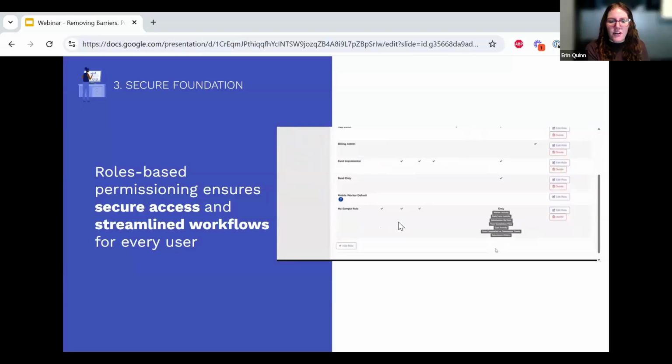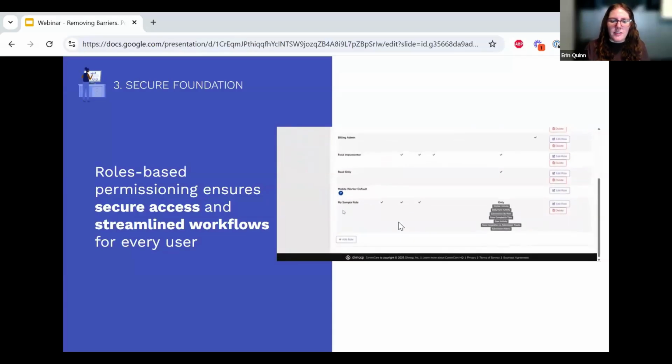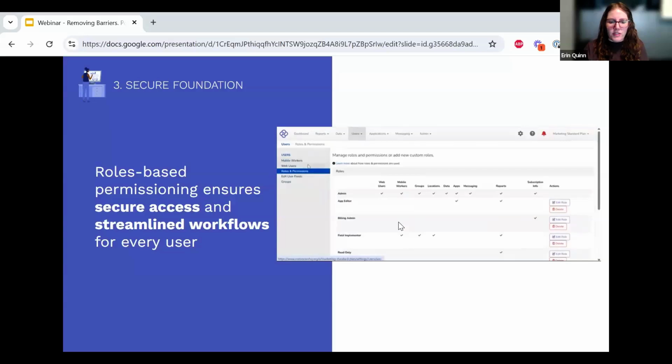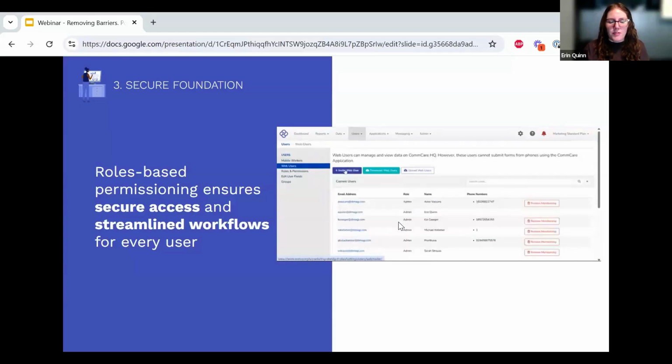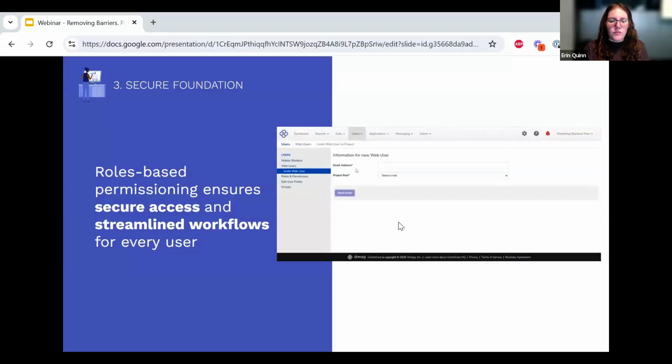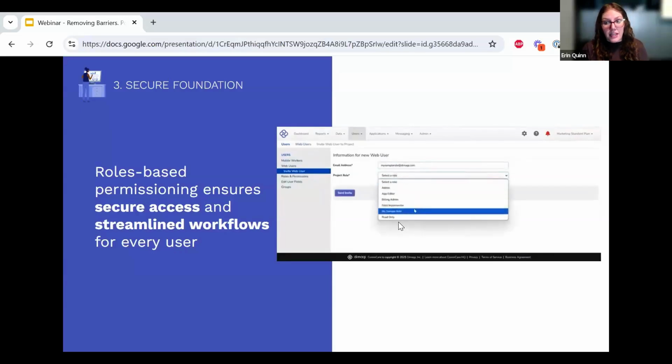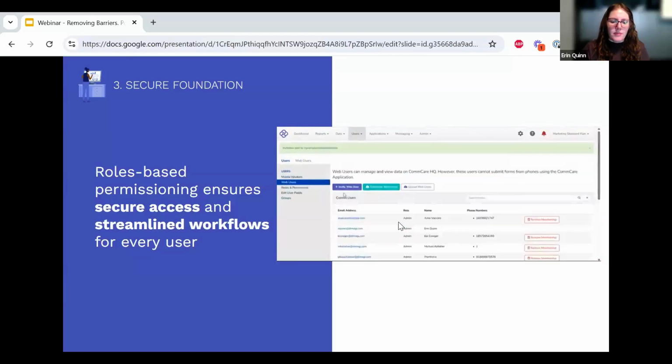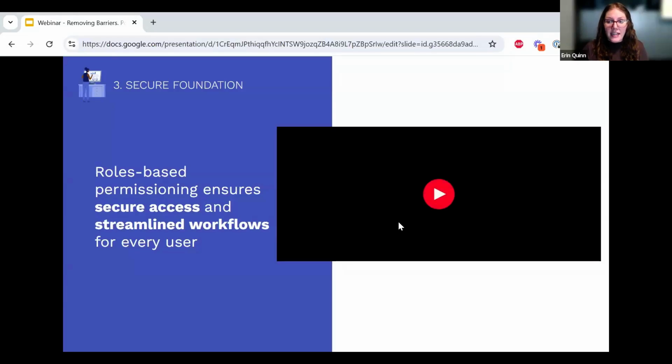For instance, here in this video, you can see that we are creating a custom web user role that has access to reports and can also edit web users, mobile users, and groups. This sort of role would be great for a field-based supervisor who needs to manage users and know what they're doing, but who we don't want to have access to the application or data. This approach not only enhances security, but also simplifies the user experience for all of our users, since they only need to learn the parts of the platform relevant for their role. And again, this is especially important as we know that upskilling our users is a huge challenge in this time of reduced staff capacity.